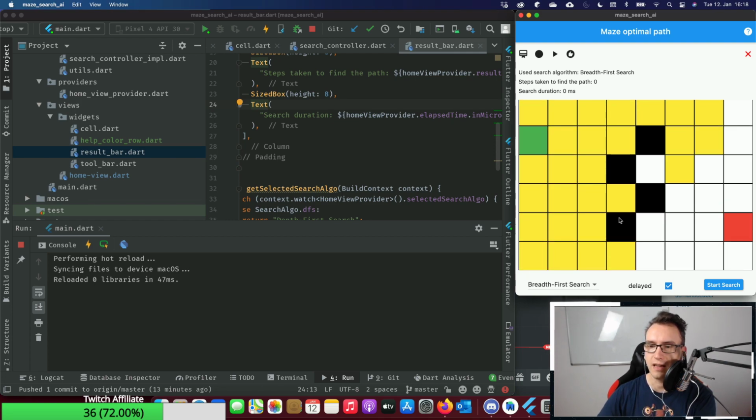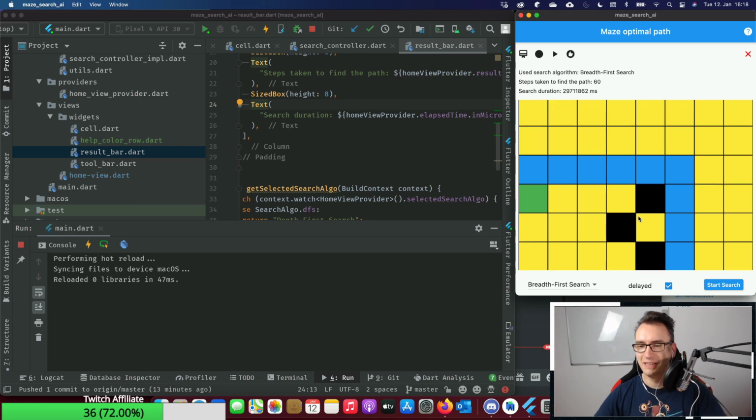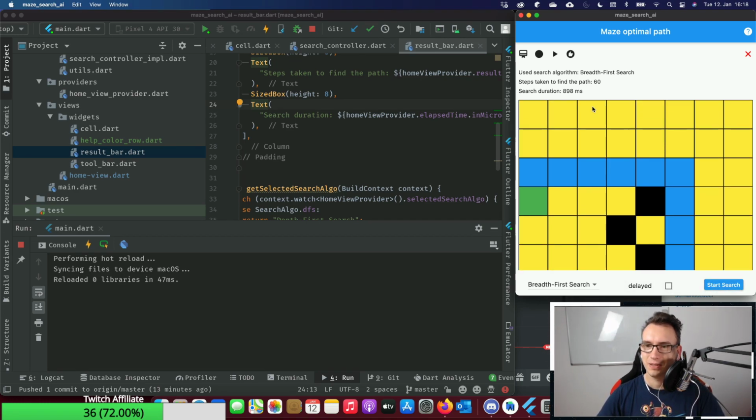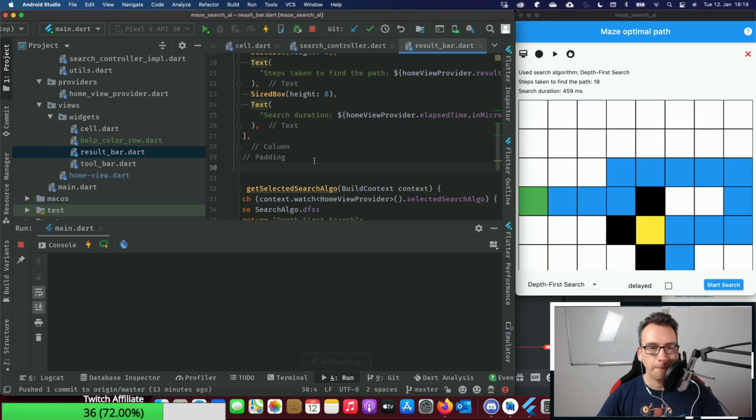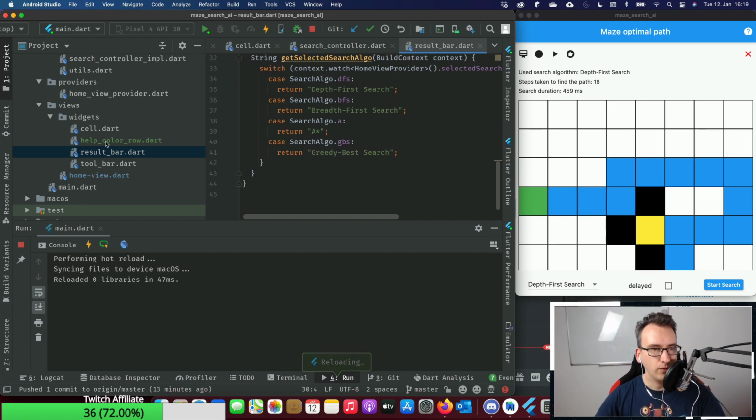I have to admit, it's like playing or preparing a video game here. Oh, really? It needed to search all fields. Unlucky. Okay. Beautiful. Then we have that too.